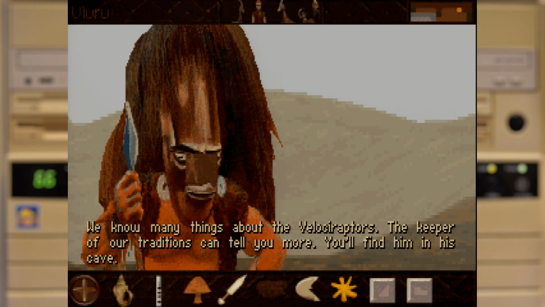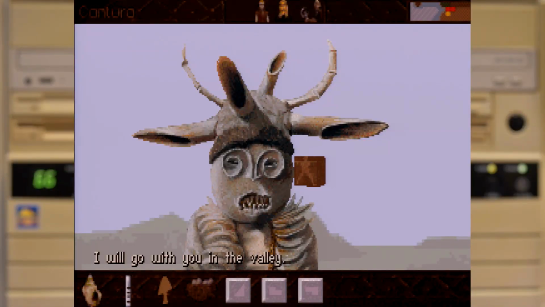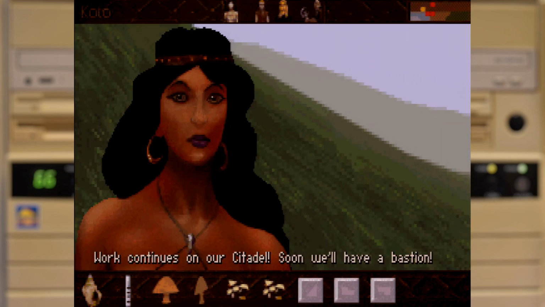We know many things about the building has started on our citadel. I will go with you in the valley. Work continues on our Now I believe they're all meant to be human or some close cousin, as they don't